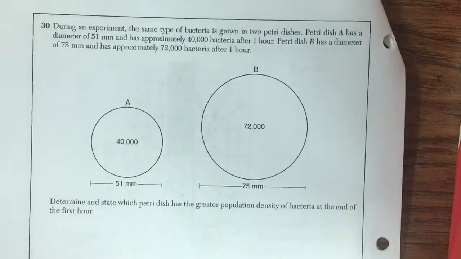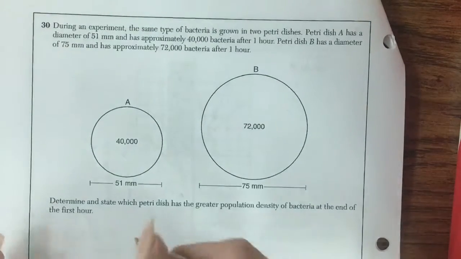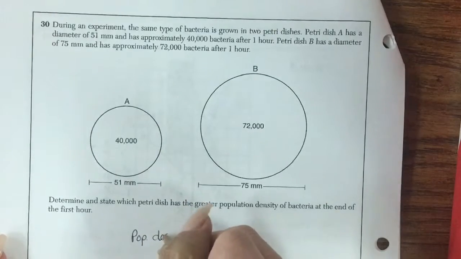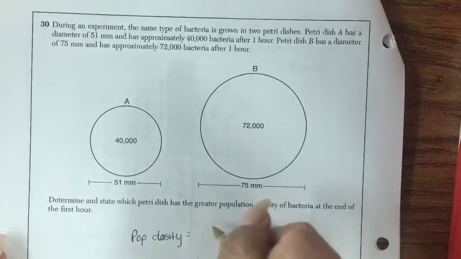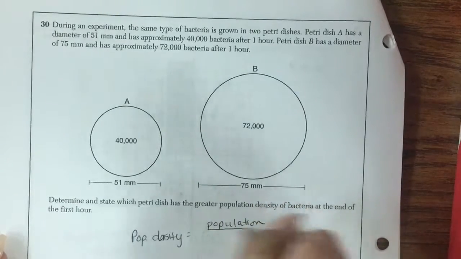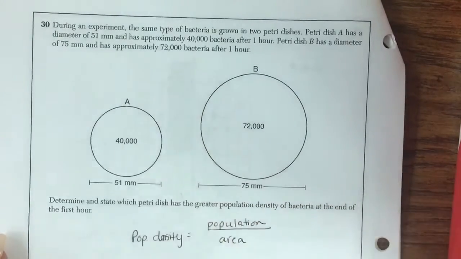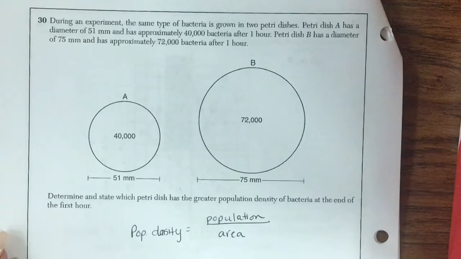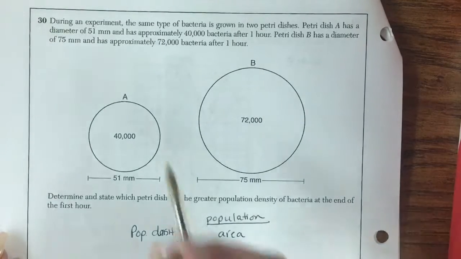Number 30 is a population density problem. So if you remember, population density is going to be equal to the population divided by the area that that population is living in. So our population in this problem is the population of bacteria, and the area they're living in is represented by